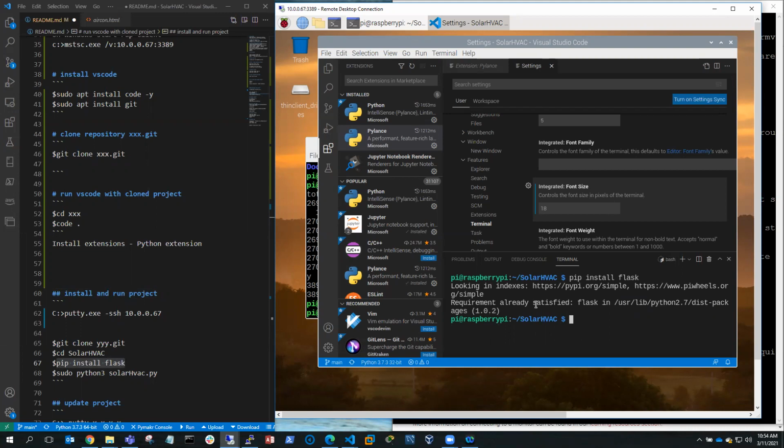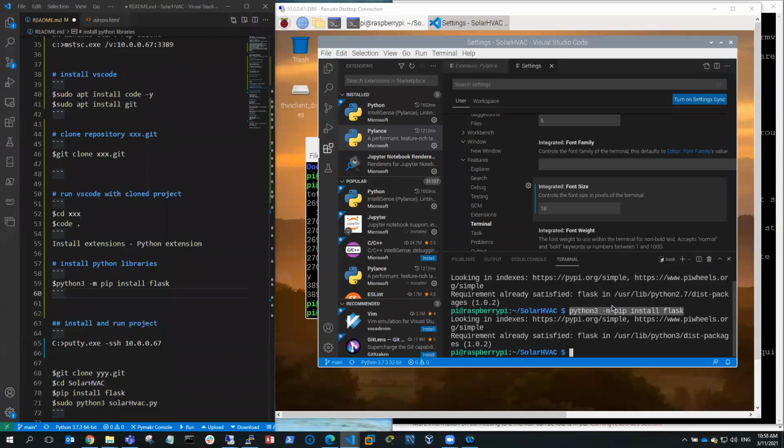And we can see here that it's already installed, but it's for Python 2.7. So we want to run Python 3. So what we need to do is just alter our command a little bit to make sure that we're running it with Python 3. So the command we'll use is python3 -m pip install Flask, and that'll make sure that we've got Flask